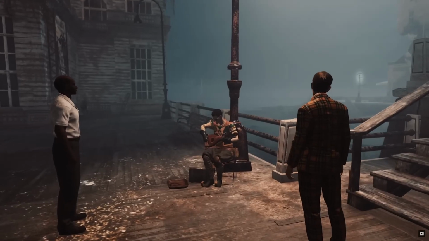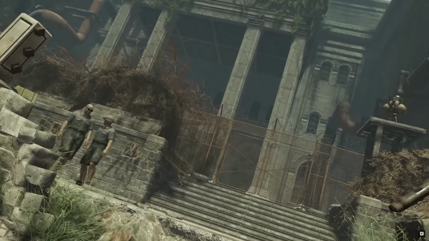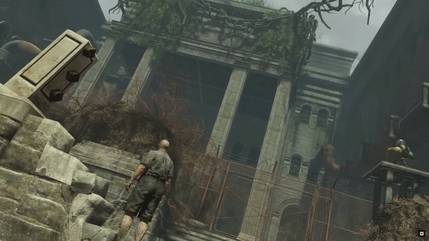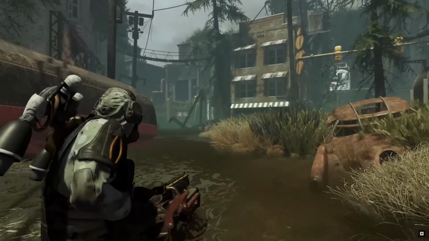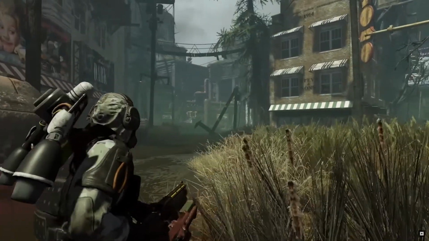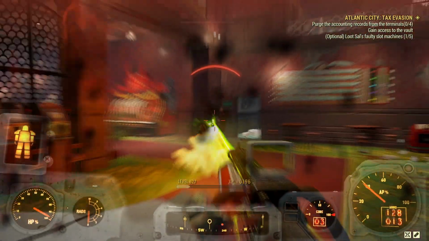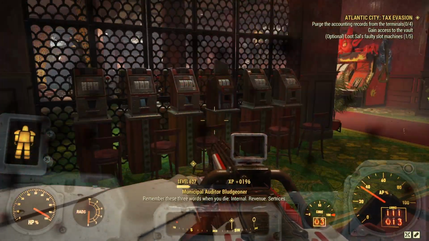We'll actually be able to talk to characters and encounter the wider area, and hopefully see what else is going on in Atlantic City, which will be quite fun. I'm kind of curious to see how they're actually going to put this all together. My guess is that they won't go for one big open world area. I suspect they will do that for the Shenandoah update that's coming later on this year, but for Atlantic City,